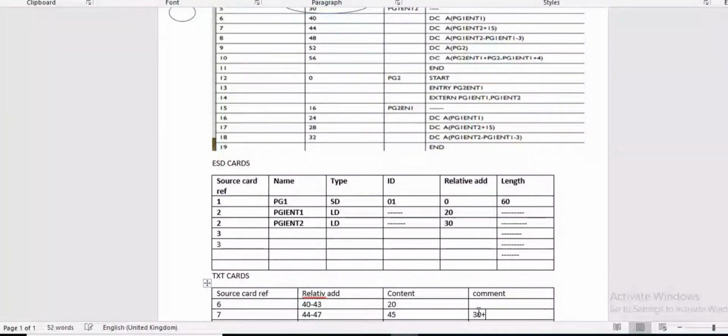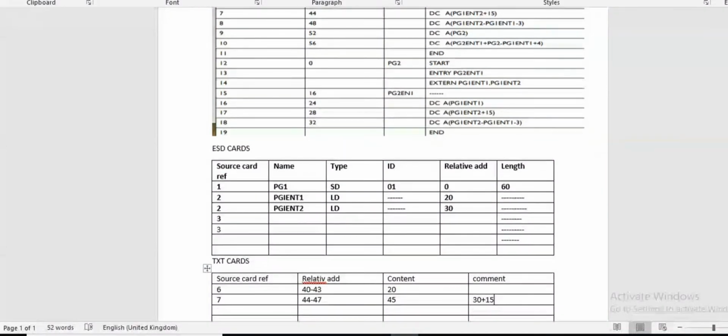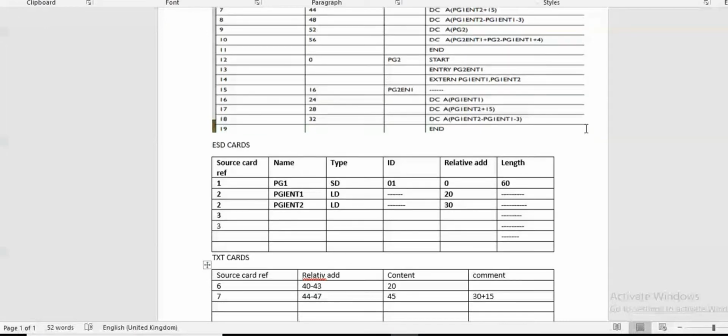Then what does this source card reference contain? Here is PGIENT2. What is the value of PGIENT2? This is 30. So in the content, I am calculating this 30. After 30, a minus symbol is there: 30 minus what? The second content is PGIENT1.